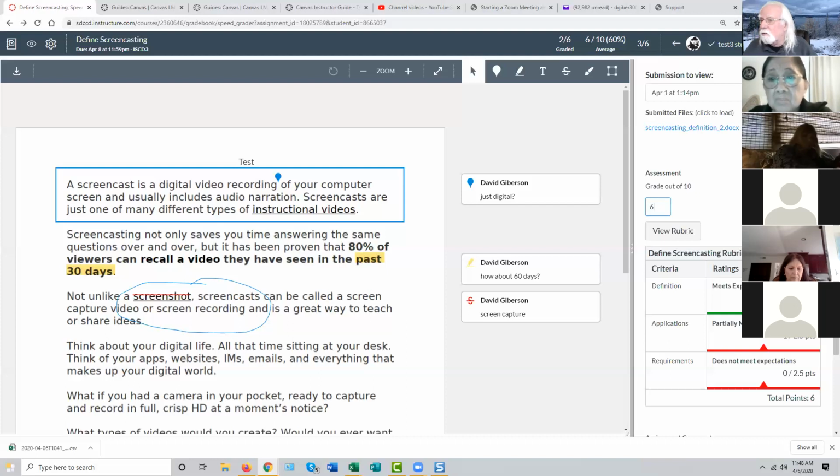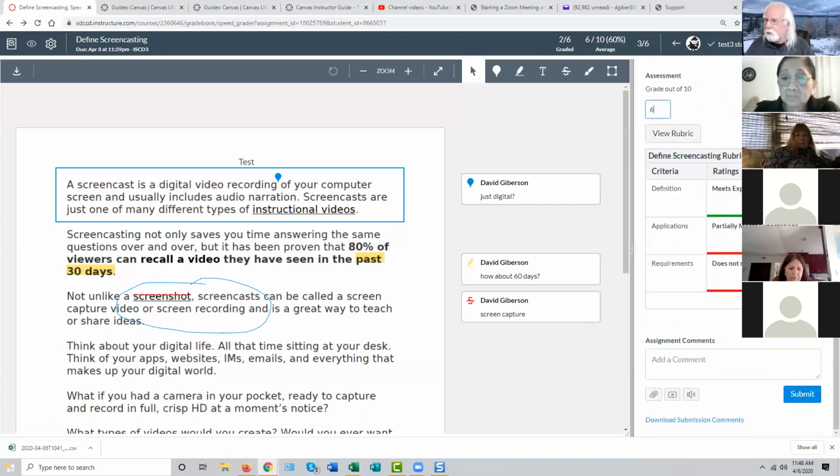And you can even set this up so that you don't see the student's name while you're doing it. So you grade totally objectively with no preconceptions about the identity of the student. I've never thought much of that particular strategy, but it's available to you. So if we have a rubric, grading becomes so much easier in the speed grader. You can provide global comments for the student, hopefully something more detailed than nice work,